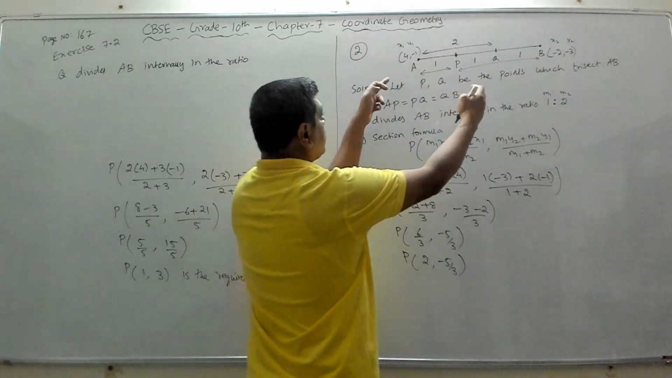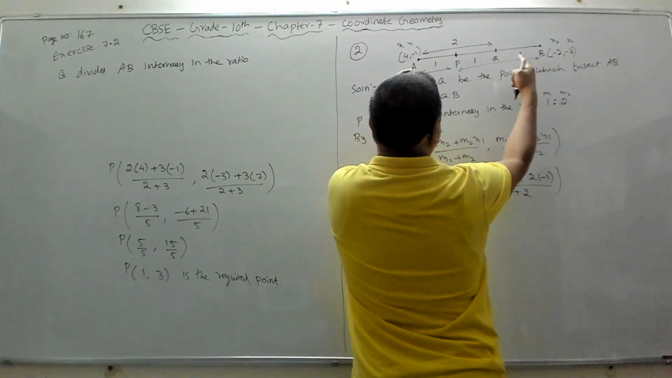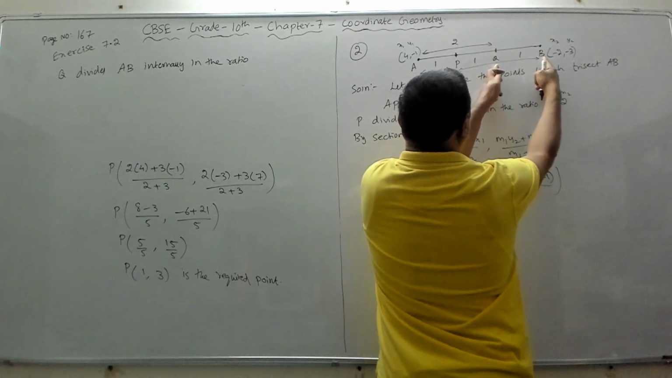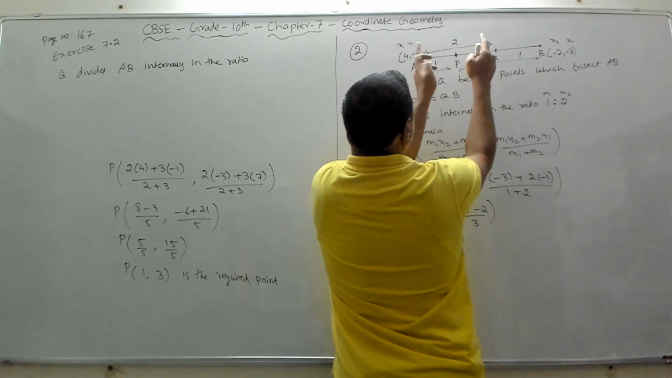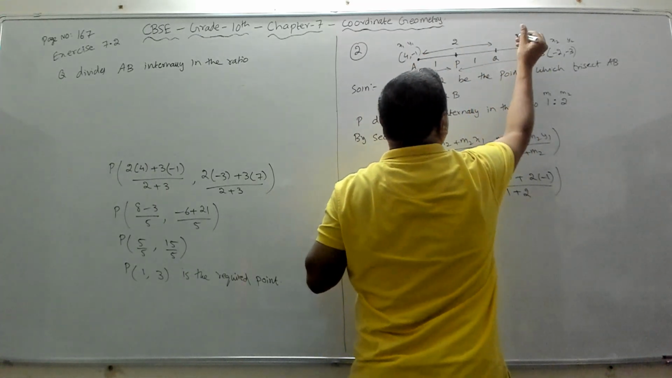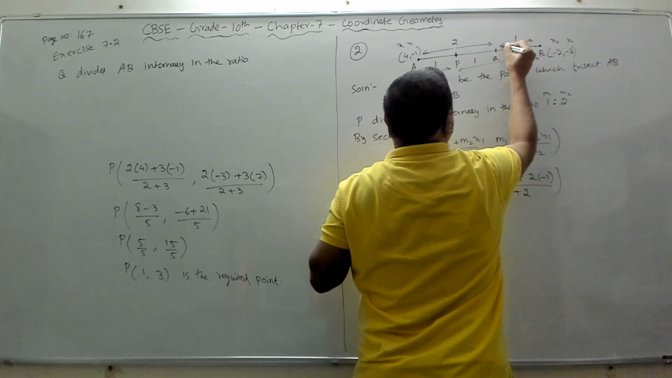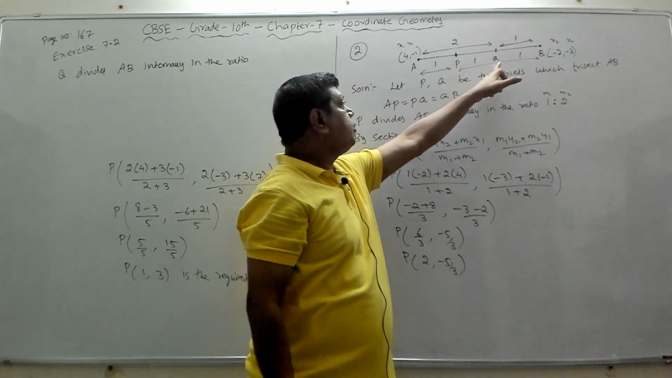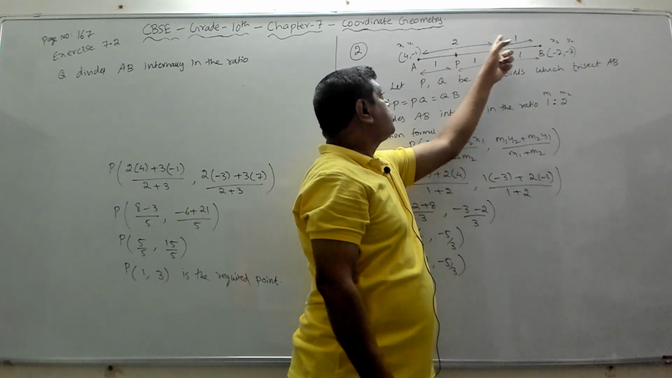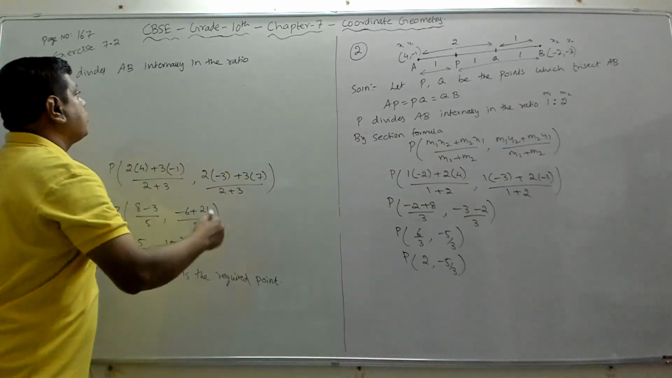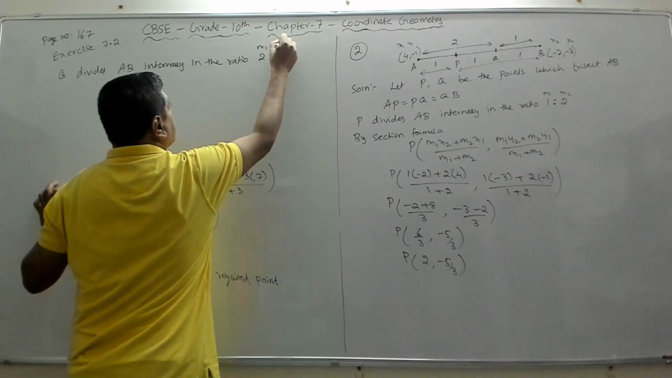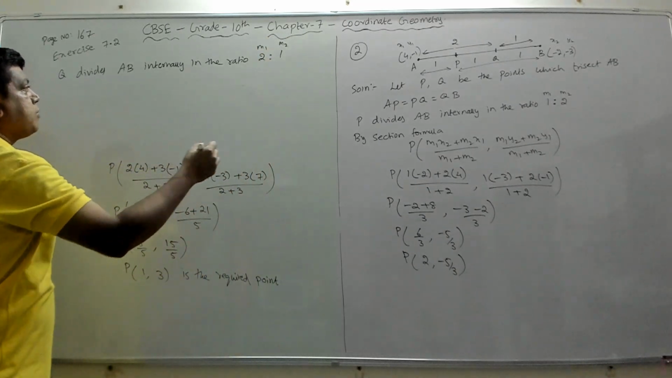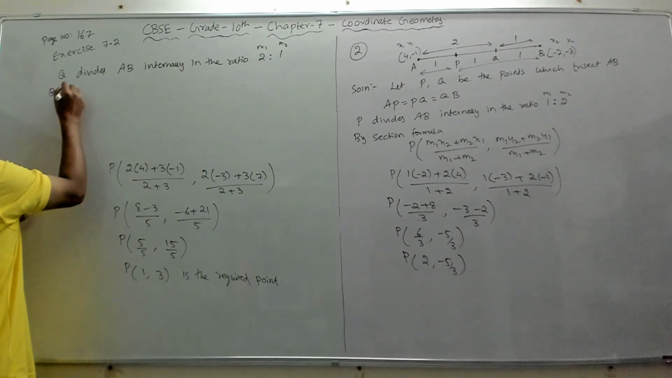From here to here, because Q divides AB in the ratio AQ to QB, and AQ is what? 2. Because this is 1, this is 1, 1 plus 1 is 2, and this is 1. So the ratio in which Q divides AB is 2 is to 1. So your M1 is 2, M2 is 1. Now let's find out, so by the section formula,